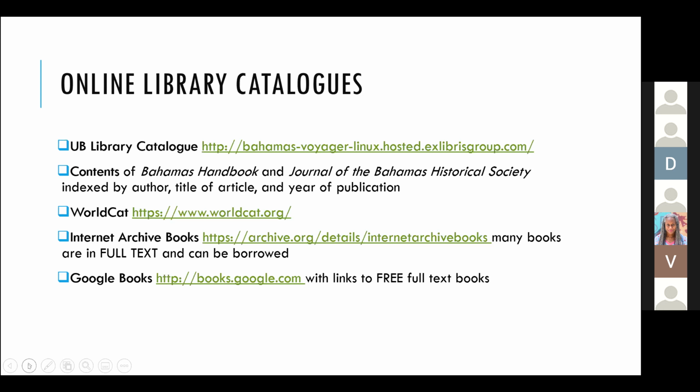But what is less known is that in the online catalog of the University of the Bahamas is the indexing of two important serial publications, the Bahamas Handbook and the Journal of the Bahamas Historical Society. So you can search either title by its title, or if you know of a particular article or topic that you're looking for,